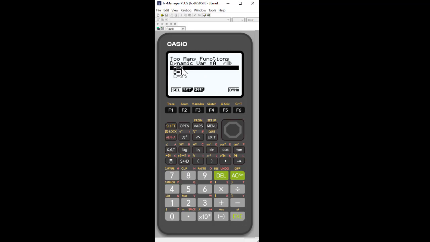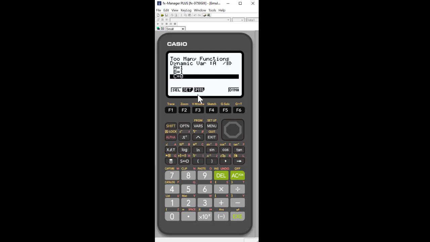But notice now I can change each one of these. Well, we already figured out what A does, right? It opens my parabola up or down, widens it. So let's change that to a 1. And so you enter the value you want it to start at, basically. And let's play with B, right? So B is going to be our current value. And let's leave C at maybe 1, or we could make it 0 if we want, because we really want to focus on what B is doing.